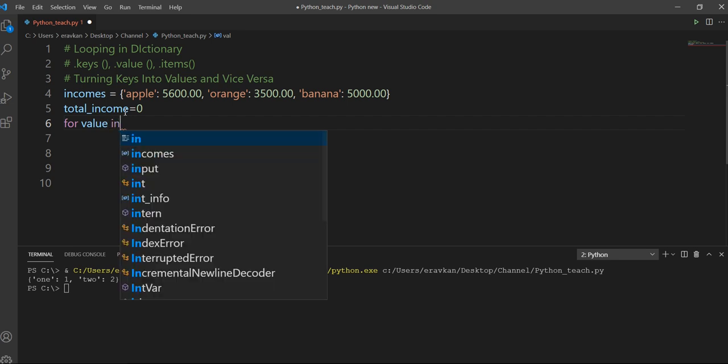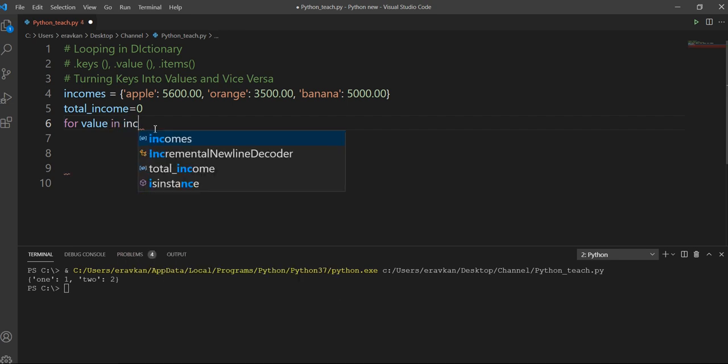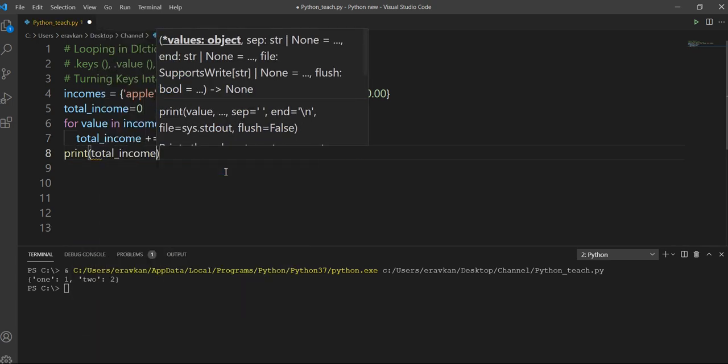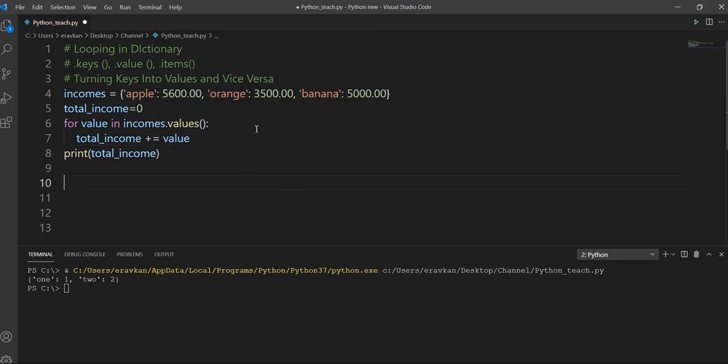Then for value in incomes.values, I can do total_income plus equal to value. I can print total_income here. So in this way I can add all the values in my dictionary.